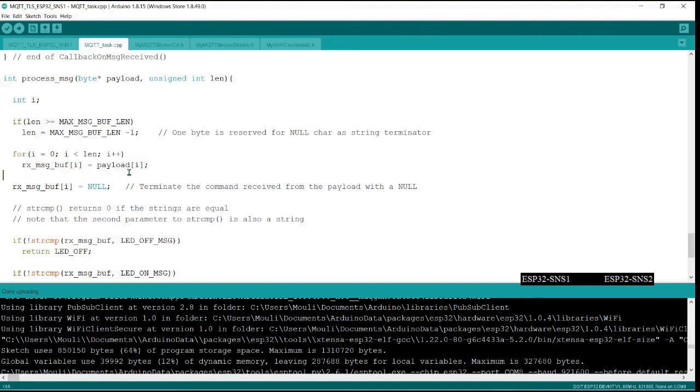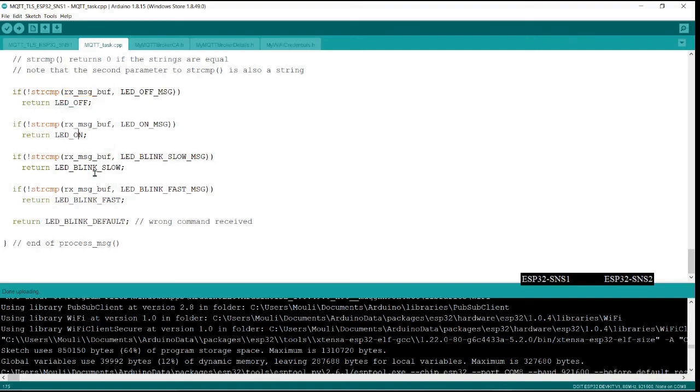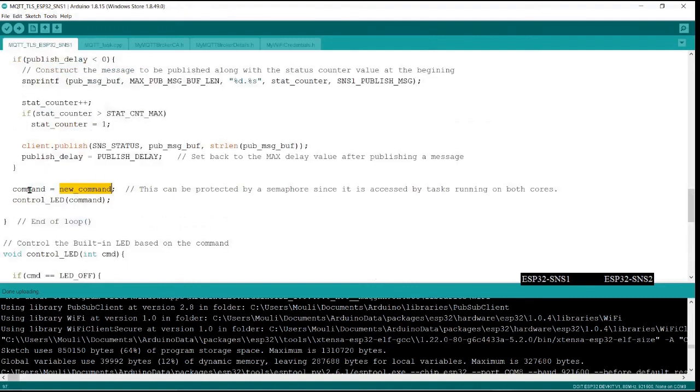If there is an error and the user sends hundreds of bytes, maybe transferring a file, our software should not break down. So I limit it, check whether what I received is one of the valid commands, and then update the command values. One of these commands will be received by this task, and then the LED will be controlled. This is how the whole software runs.